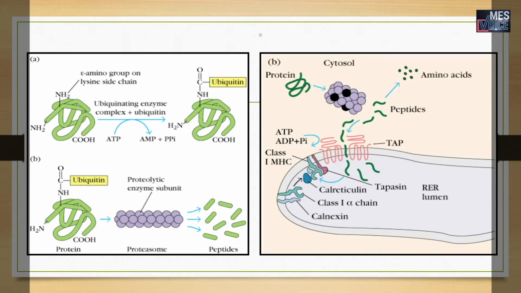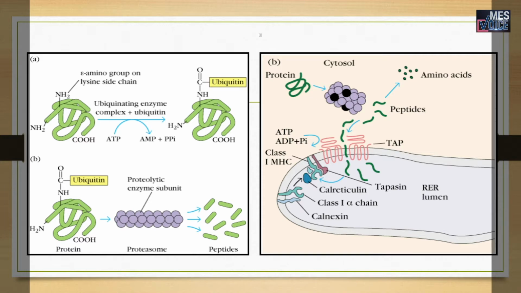Now let us discuss the first pathway, that is processing of endogenous antigens by the cytosolic pathway. In the cytosolic pathway, the antigens that have to be degraded are first tagged with a protein called ubiquitin. This process requires utilization of ATP, and the formed ubiquitin protein conjugate is degraded inside a multifunctional protease